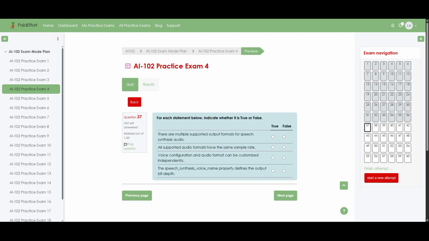Question 37. For each statement below, indicate whether it is true or false. There are multiple supported output formats for speech synthesis audio. Answer: true. All supported audio formats have the same sample rate. False. Voice configuration and audio format can be customized independently. True. The speech synthesis voice name property defines the output bit depth. Answer: false. Now I'm going to explain why each of these statements is marked true or false so they are